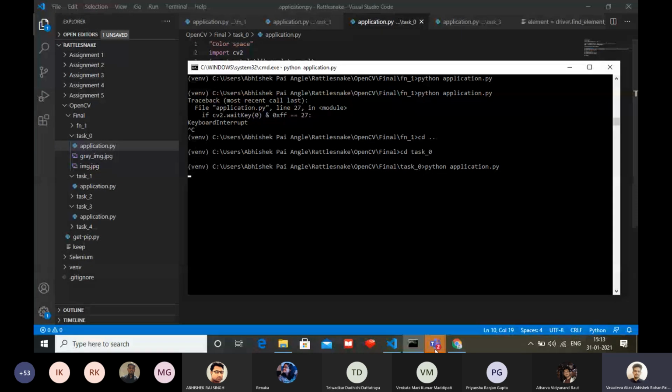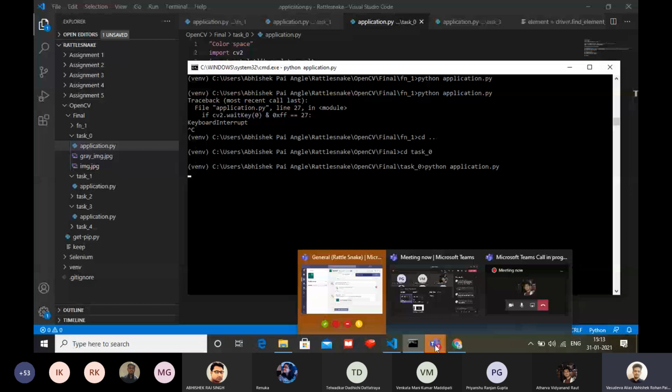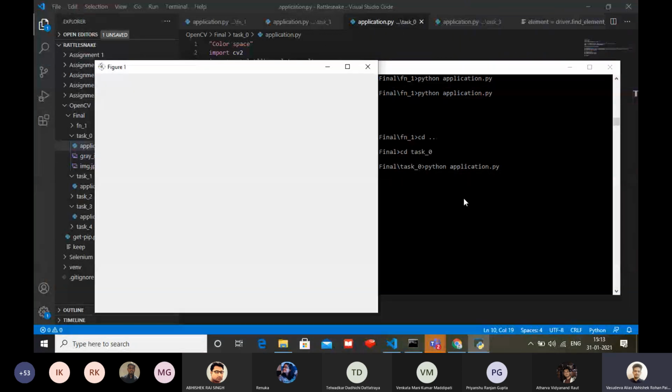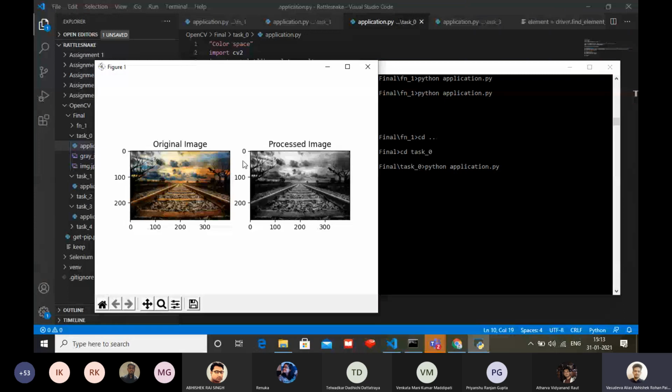Yes. Yeah. So yeah, this is the original image and this is the processed image. That is, I've converted this color space from the colored image to a gray image, this black and white image. This will have actually just one channel because it's just 0 to 255. Either 0 is black and 255 is white. Here it has three channels, that is BGR, that is blue, green and red. So these are the two images, and this is how you